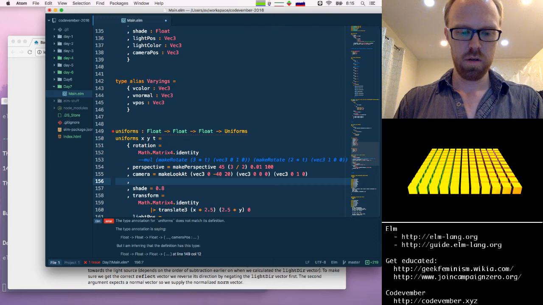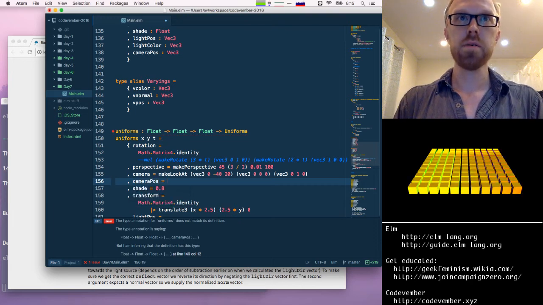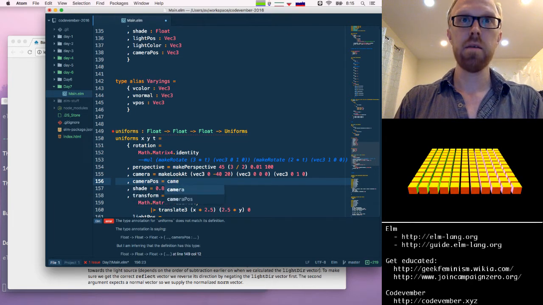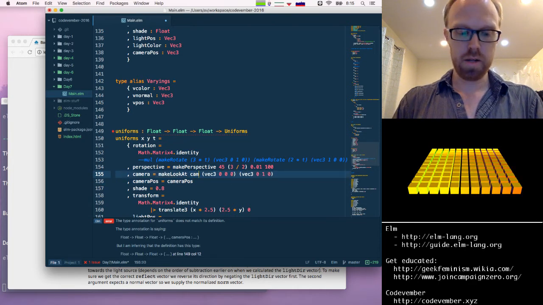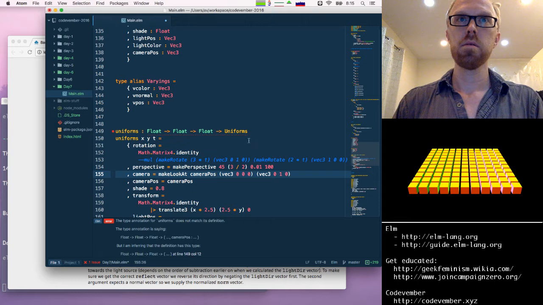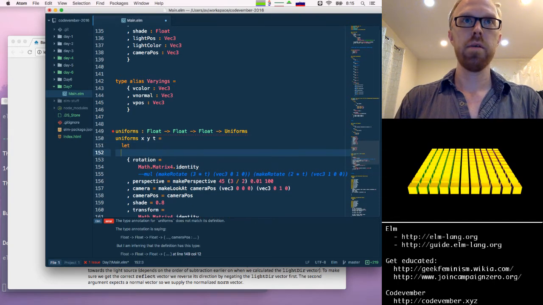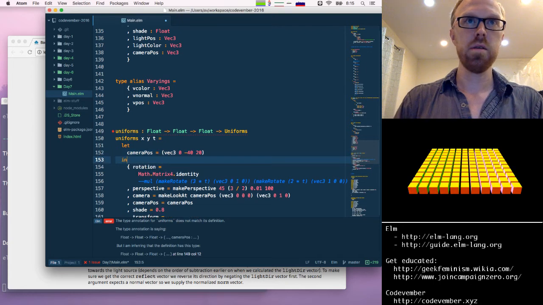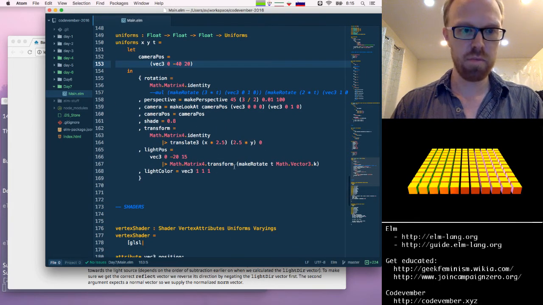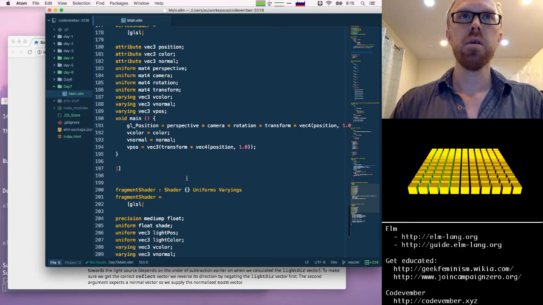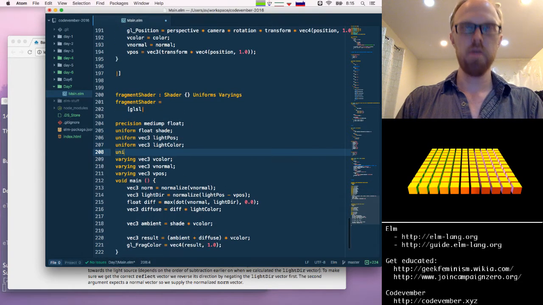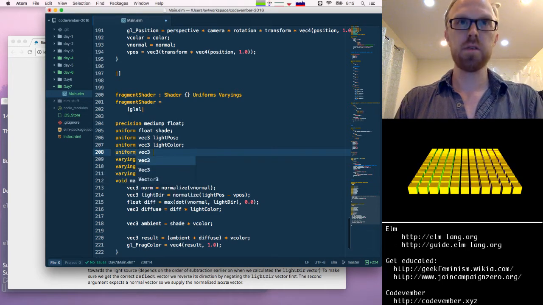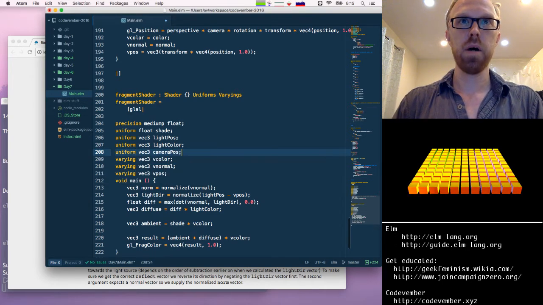So, camera pos, and I'm going to pull this out into a variable, and this is the camera pos. So we'll let that camera pos equals that in here, so we don't mess that up. Now we should have access to it in our Fragment Shader. From the uniforms, it's a vector 3, camera pos,